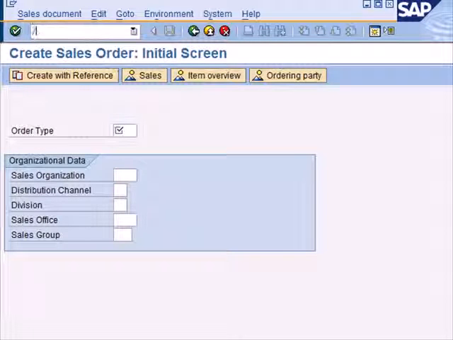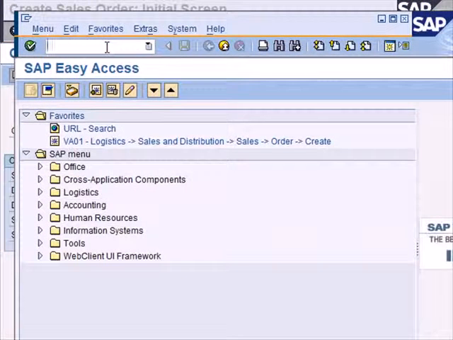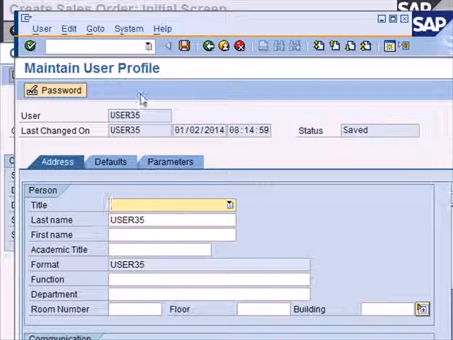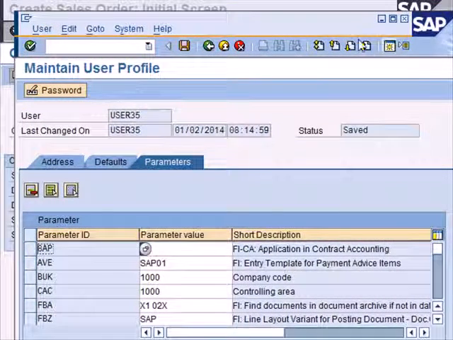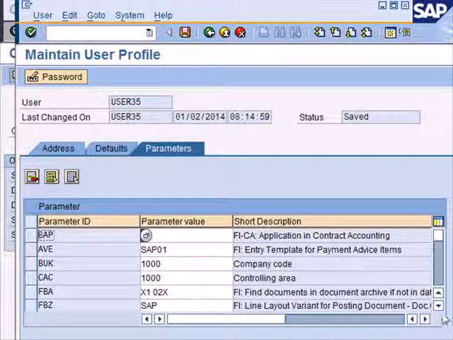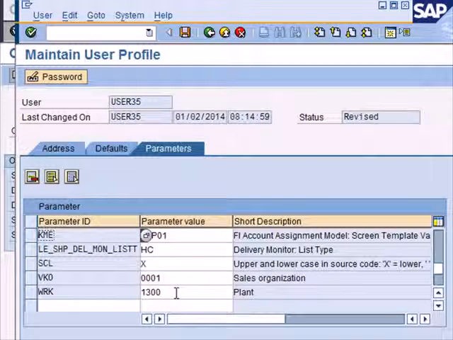So I open up another session with /0, and now I go to a transaction for maintaining user profiles. Now in the parameters, I scroll down and I enter VKO and I enter the sales org 0001, which is the sales org that I normally work with. I save,